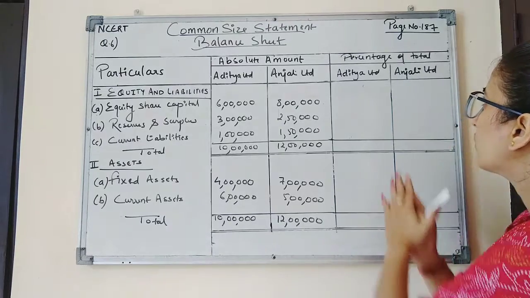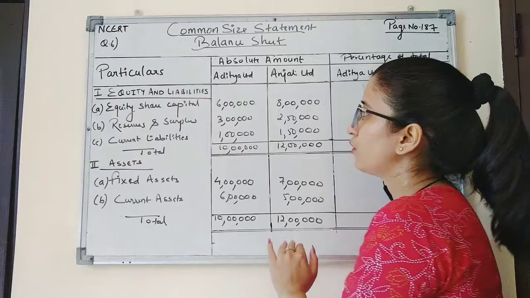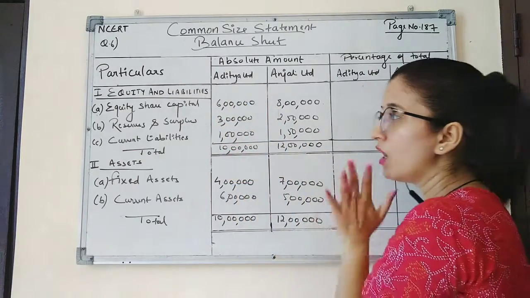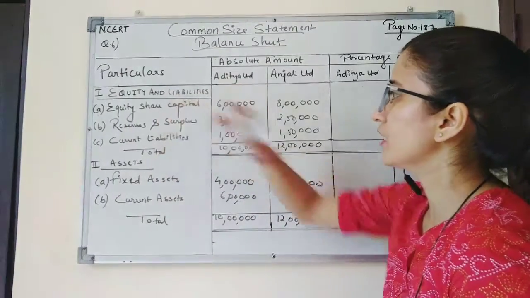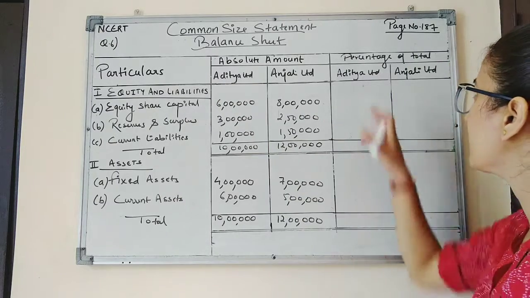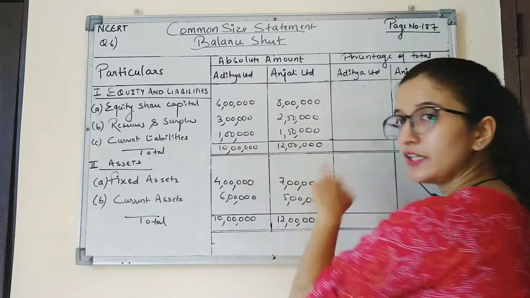Now how can we calculate the percentage of total? So to calculate the percentage of total, we have to divide this amount by the total amount into 100. Now, first is equity share capital. Equity share capital of Aditya Limited. So percentage total will be calculated as 6 lakh divided by 10 lakh into 100 is